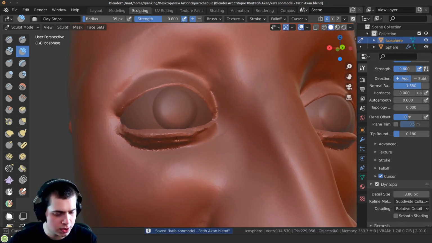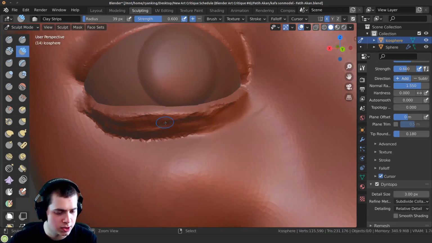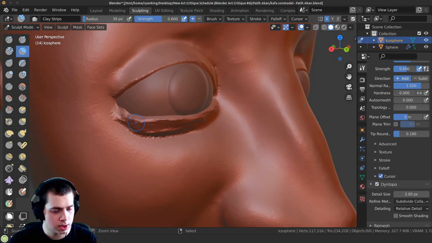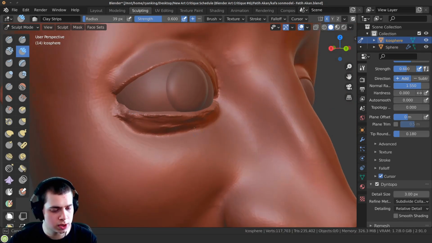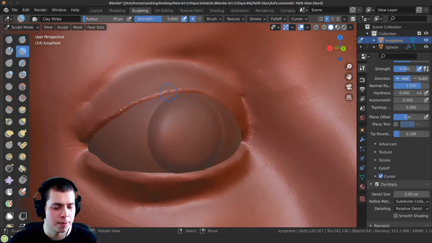And then hold down the Control key and kind of cut in a little bit if it's a little bit thick. Like that is a little bit thick, so I want to make it a bit thinner. So I'm just going to go along there, holding down the Control key, and then also hold down the Shift key and go back and just smooth that out just a little bit.